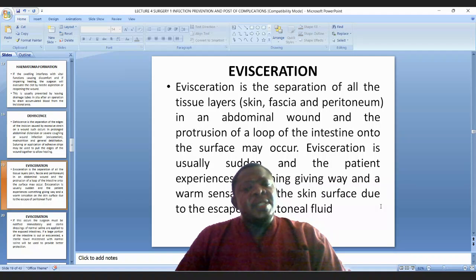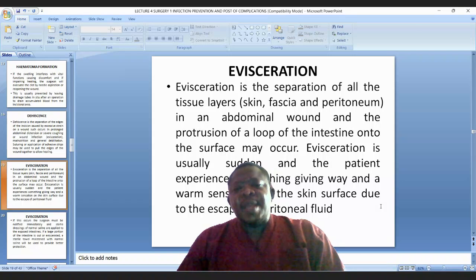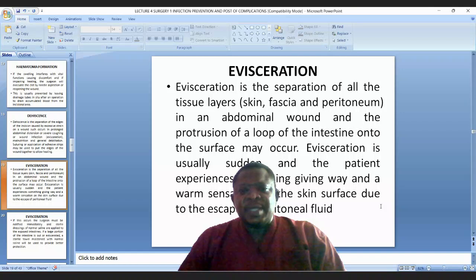For instance, if the patient is coughing, after they cough, trying to support the abdominal area where the operation was done,